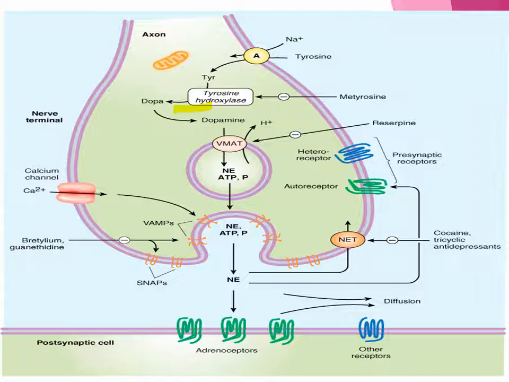So if we summarize, we can say that sympathomimetic drugs act by three mechanisms. Either they act directly, they directly bind or attach with the adrenoreceptors and show their effects, or they act indirectly. They may cause displacement of stored catecholamines, or they may cause inhibition of reuptake of catecholamines. So they act indirectly this way. And the third type is those that act by both direct and indirect mechanism, for example dopamine.